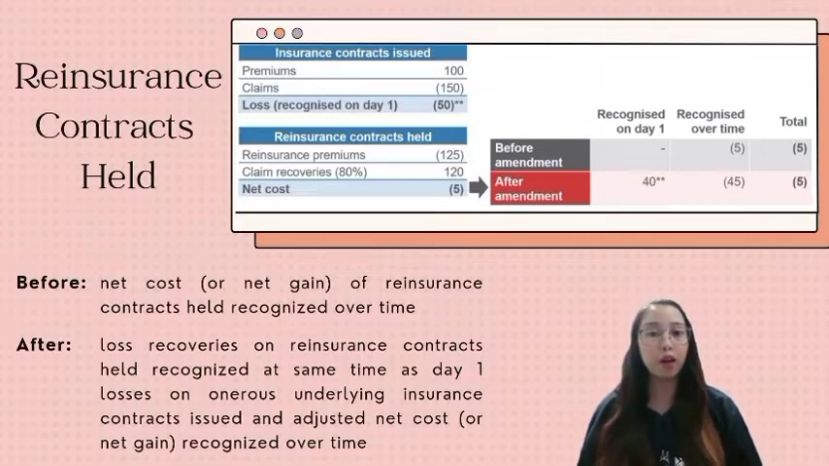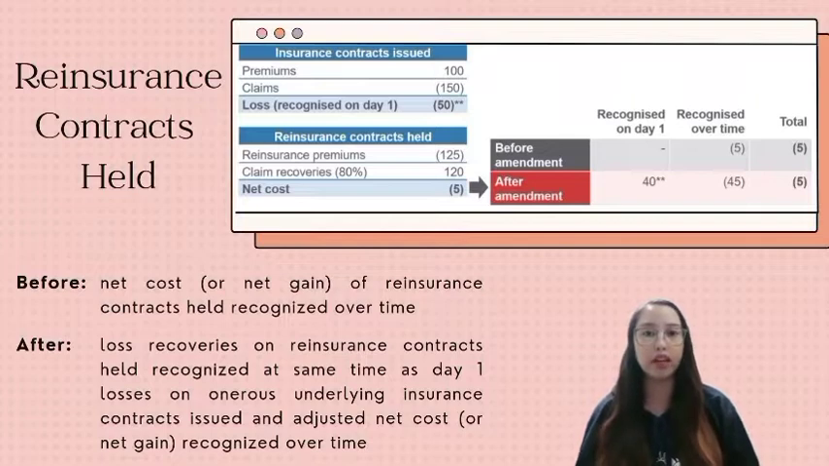So applying po yung amendment, dapat po i-recognize yung loss recovery na 40 on day 1, nakuha po siya by multiplying yung 50 with the percentage ng claims na ina-expect na ma-recover ni entity which is 80%. Sabi po ng amendment, yung loss po sa insurance contract na 50 will be treated as early recognition ng portion ng claims